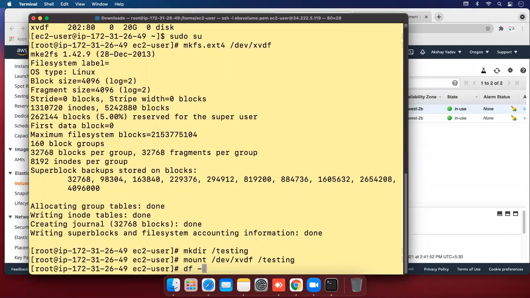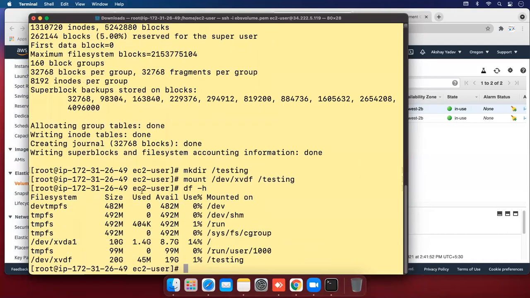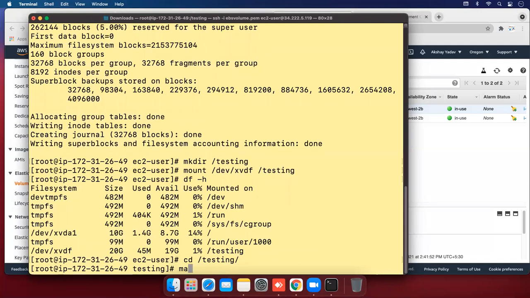Let's check df -h. You can see the 20 GB is mounted to the OS, and you can see it is mounted on testing. And let's go into the testing directory and make some files. mkdir, and let's create some folder.